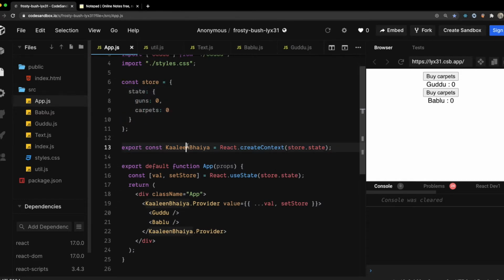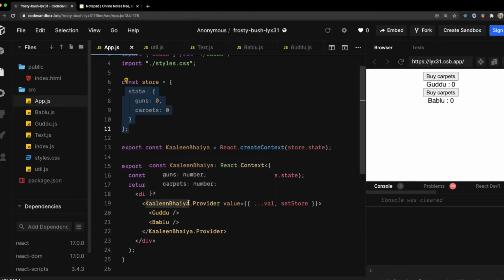Every context has a provider and a consumer, right? I'm wrapping two components named Guddu and Bablu, which are my child components, and they need access to the number of guns and carpets because they want to increase the amount of guns and carpets in Kalin Bhaiya's business.